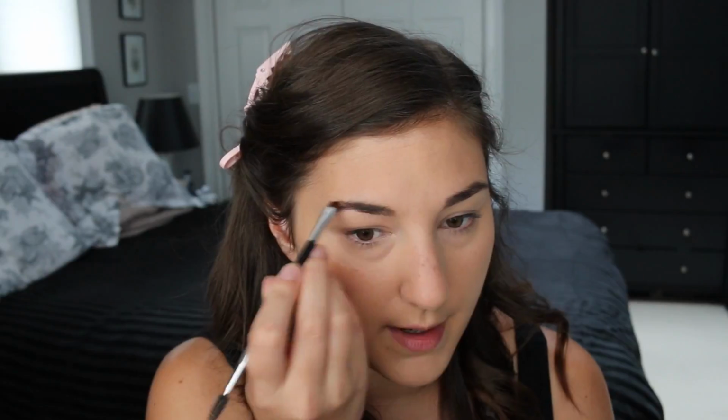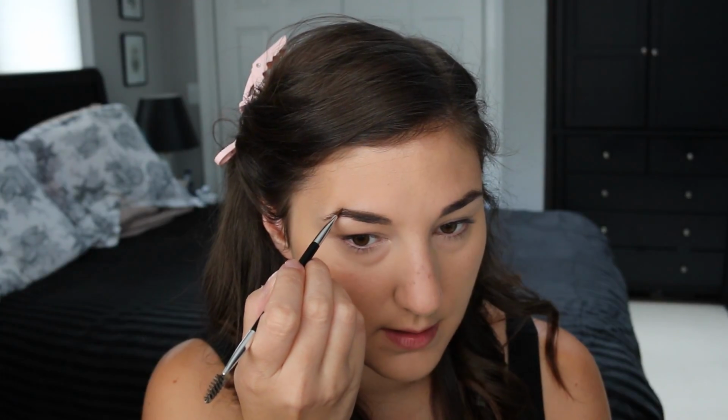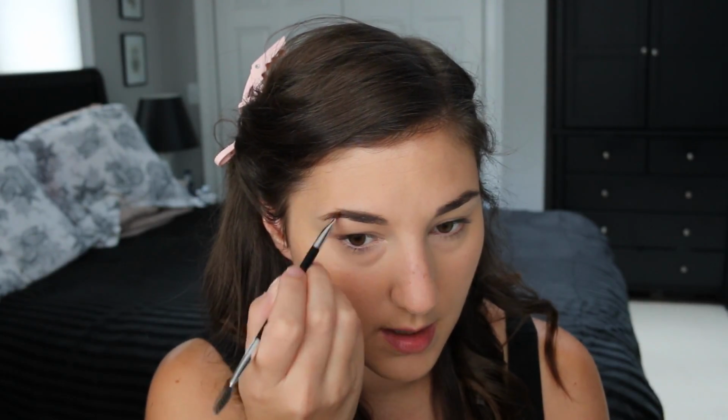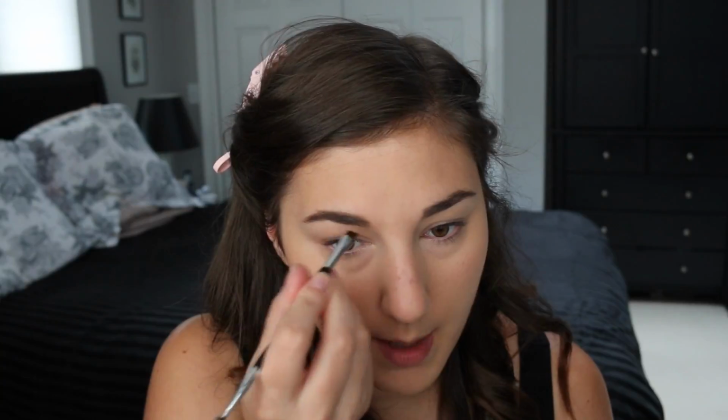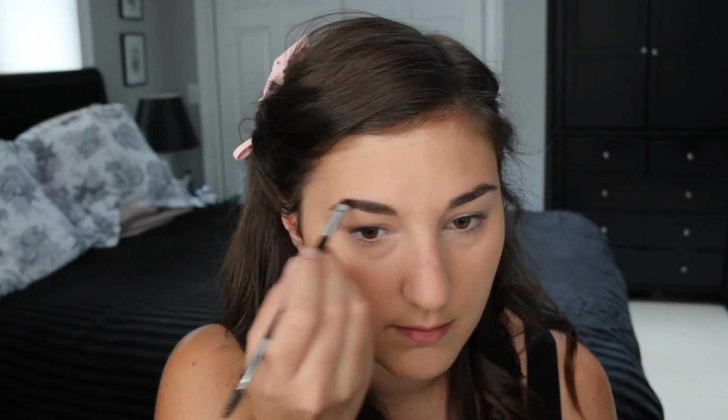And build up from there. So what I've been doing is outlining where I want my brow to be and extending the tail a little bit. And then just filling it in really lightly, making sure to brush through a lot because I don't want it to look too harsh. I don't like a blocky looking brow, but I do want it to be defined. So that is generally what I'm going for, and then I always pray that I can replicate it on the